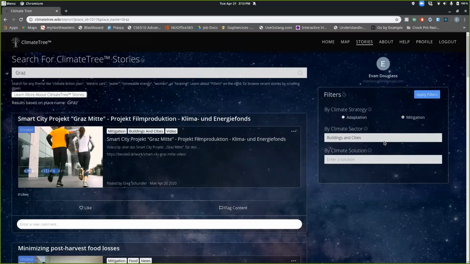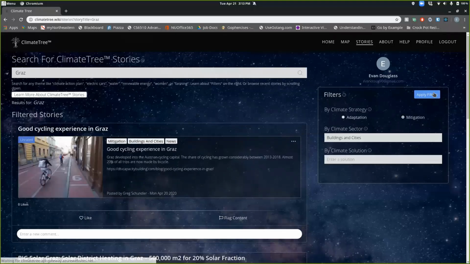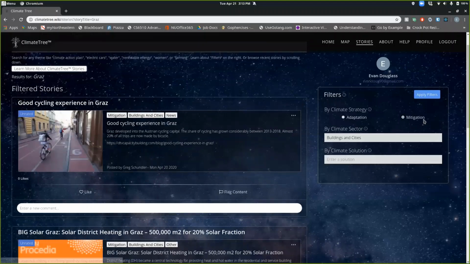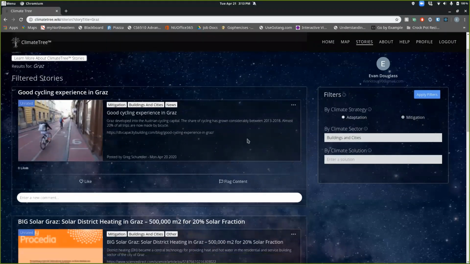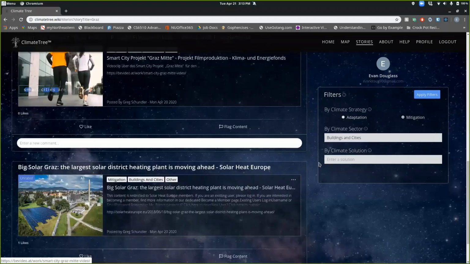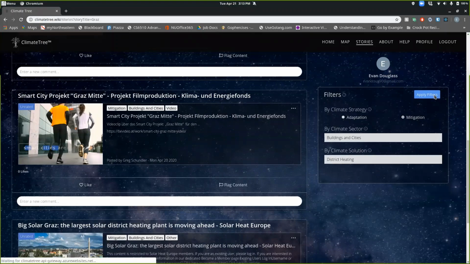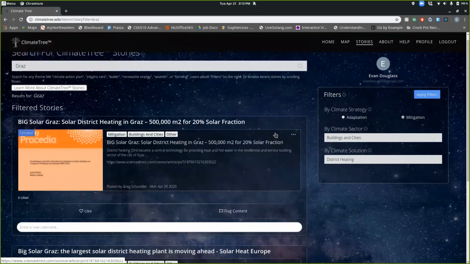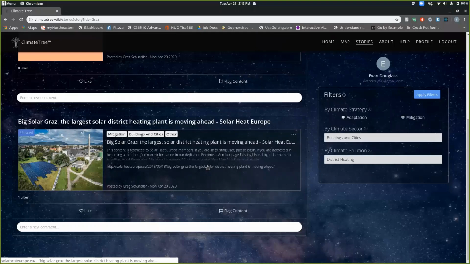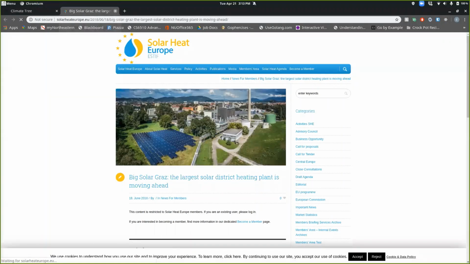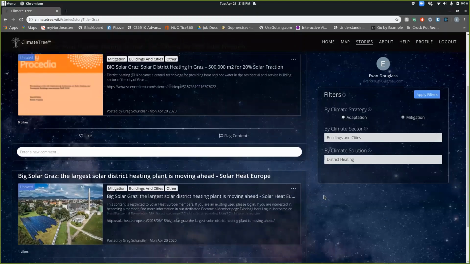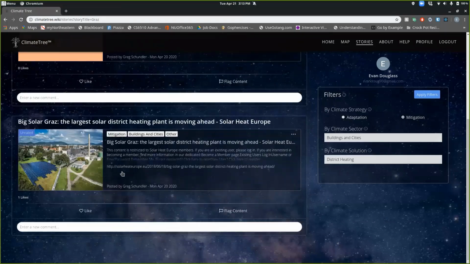Now you don't actually have to pick all of these. So just to demonstrate that, you can filter, and then you'll see only the things that are related to climate change mitigation related to buildings and cities. So there are a few here, and we've narrowed it down to 4 from all of them. Again, we could do something like district heating, and then filter it down even more. So here I can, again, click on these things if you want, go explore this as much as you want, come back.